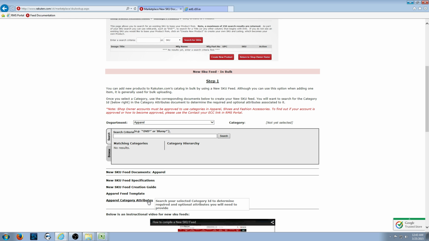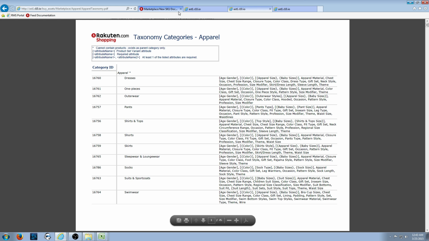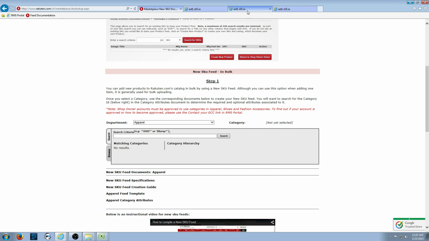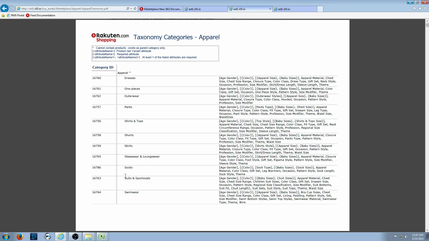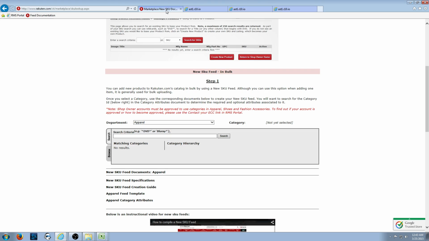We also are going to need to open the category attributes. This process will be the same across all categories. They're going to be different numbers and categories, but the rules will still apply. So let's go back to my